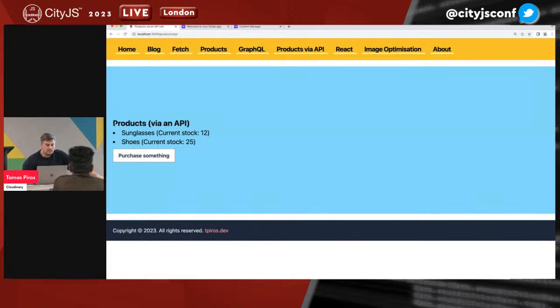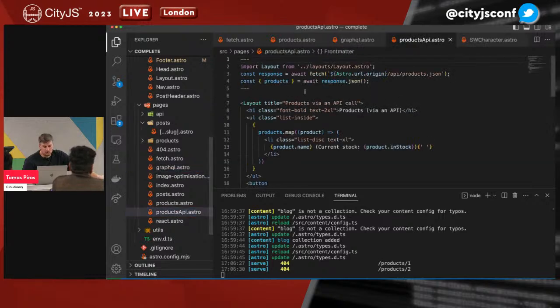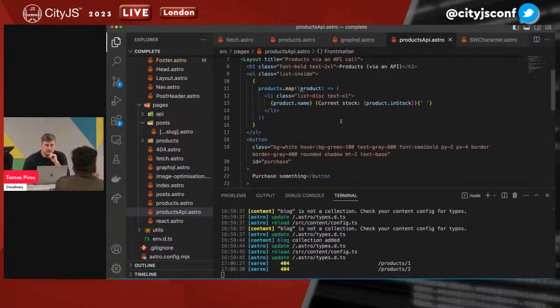A good example here is, you have a product listed, it comes from my API, and it says sunglasses, current stock is 12. Now if I hit purchase, I have now behind the scenes purchased something. If this is a statically built site, it will still show current stock 12, but that's not the case, right? But if I refresh the page, current stock is now 23, okay? So how did that happen? What did I do? This is called Products API in Astro, and this is when we need to talk about